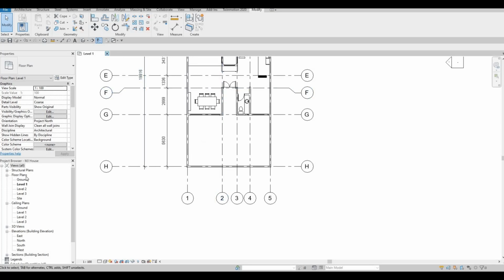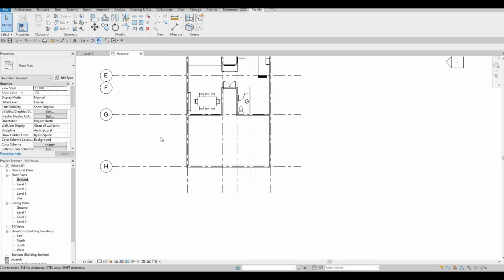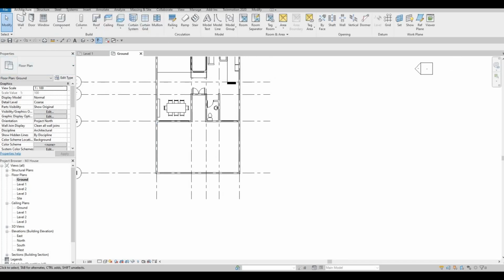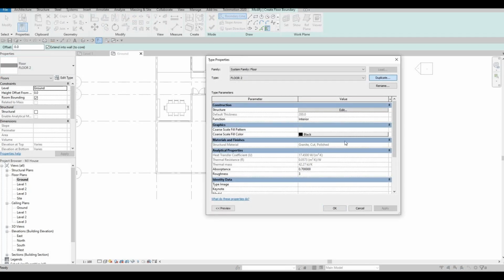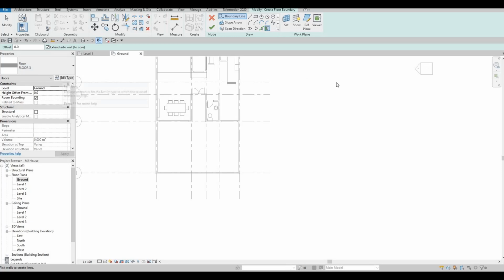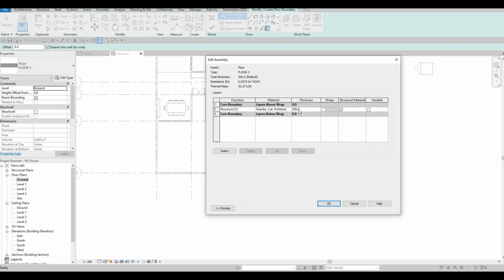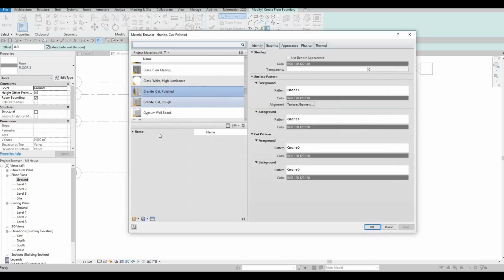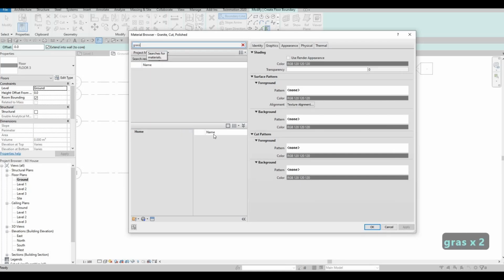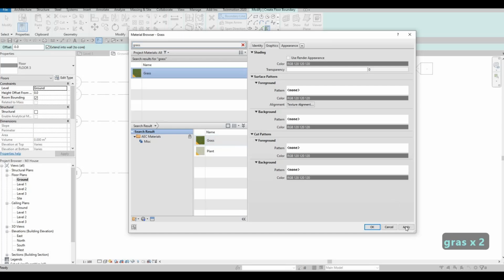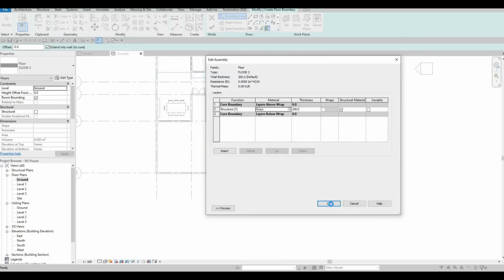So now what we could do is we need to go to ground floor, and then we're gonna add our flooring right here. So go back to architecture, click on floor, and then we need to edit type, duplicate. This will be floor number 3. Press OK, and then OK. Before we do that, let's actually set the materials first. So I'm gonna edit this, and then here I'm going to change this to something grass first, and then pull it up, apply, OK, and then OK,